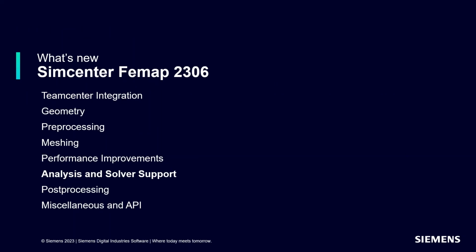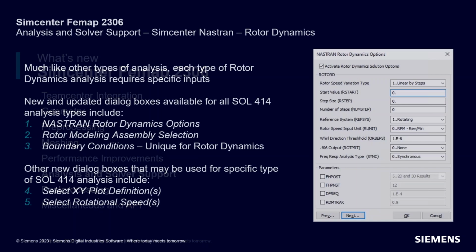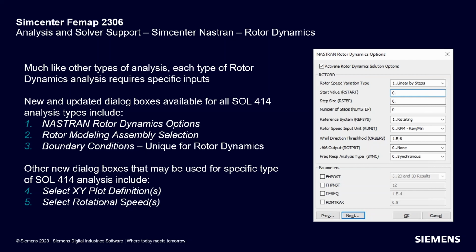All right, let's get into some of the analysis and solver support. This will touch back on some of the Rotodynamics improvements. So this is specifically talking about the analysis set manager. There's a lot of new dialog boxes that pop up when you actually select one of the Rotodynamics solutions at the beginning. So they've added Astron Rotodynamics options, which is this box, a rotor modeling assembly selection, which we'll see, and also a place for,